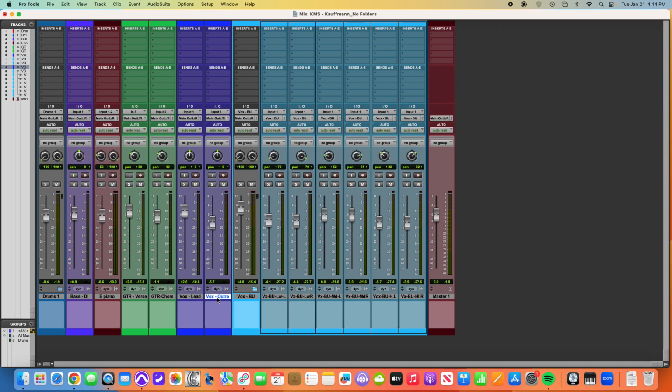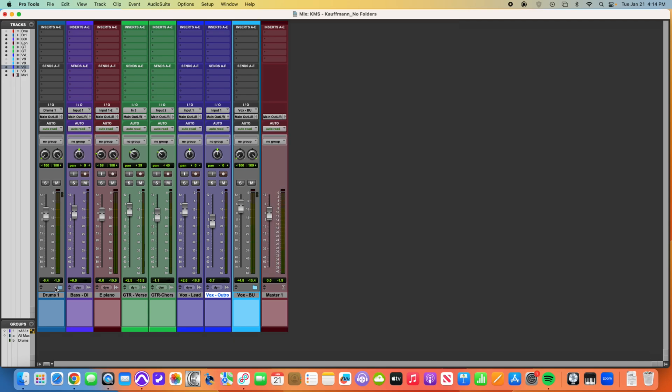So I have my lead and my outro separate because I am not trying to raise them in conjunction with my backups. So I have my drum routing folder. I have my vocal routing folder. The guitars, just because it's a guitar on the verse, guitar on the chorus, not that worried about it. This has gotten to be a much more manageable